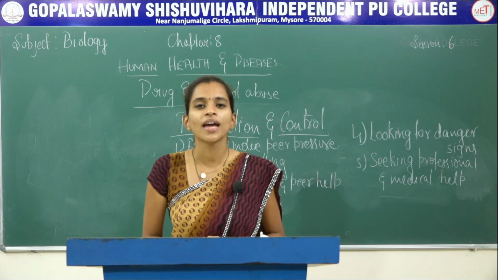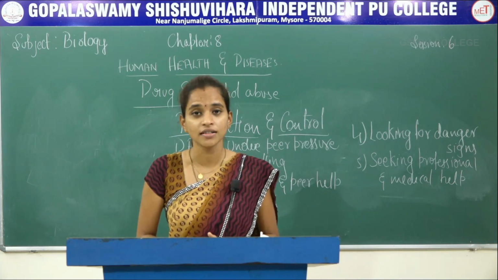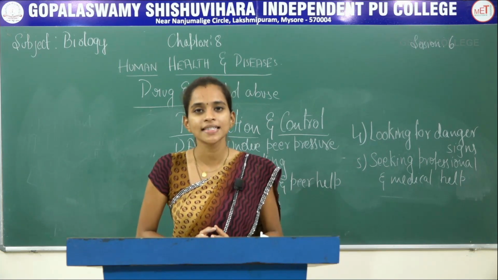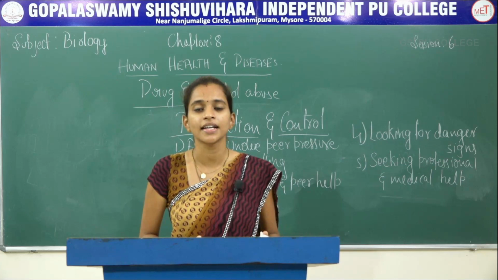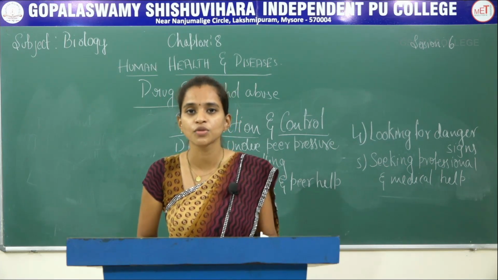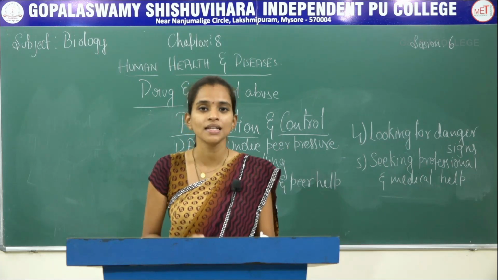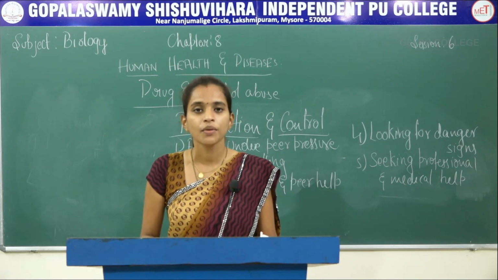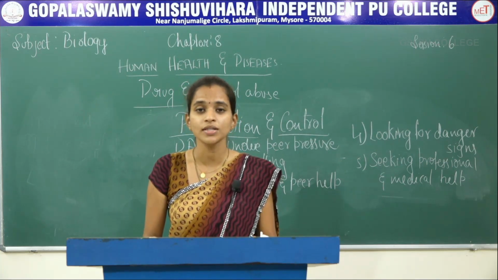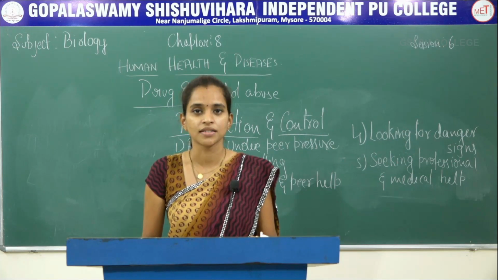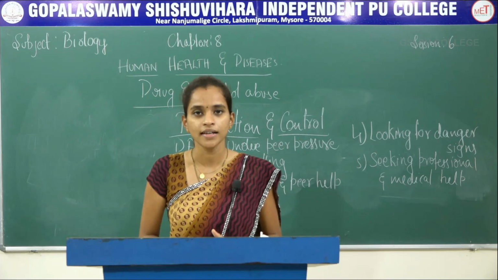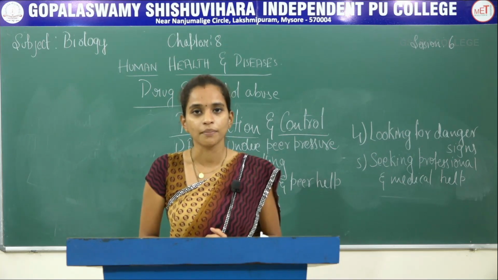To summarize, we have learnt about different forms of drugs, different opioids, cannabinoids as well as coca alkaloids. We have learned their side effects, what causes them, and also that different forms of drugs can be used as medicine when taken in lesser quantity. We have come across drug abuse and alcohol abuse, their side effects, why youths are largely attracted towards them, and some prevention and control methods regarding drug and alcohol abuse.